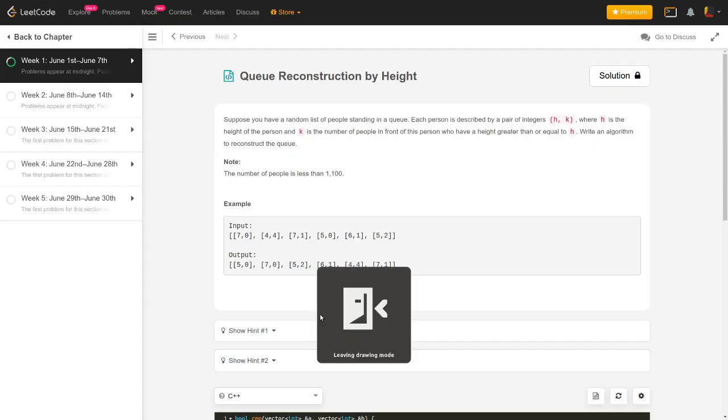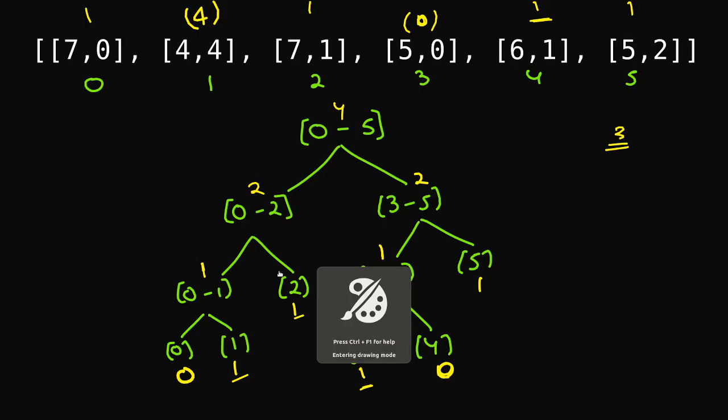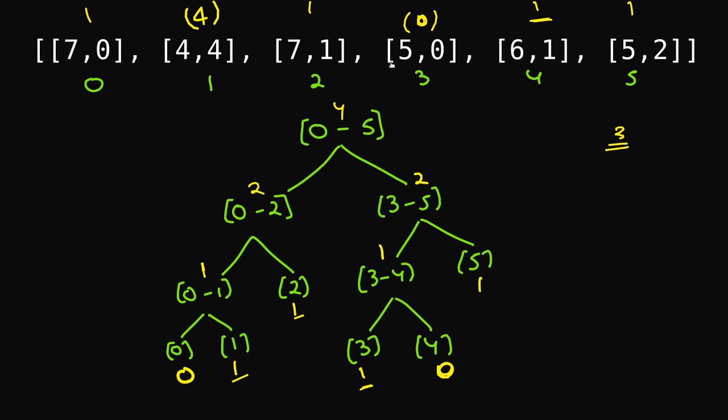But if you see the answer, this 5 comma 2 is not at the third index. This 5 comma 2 is in fact at the second index. And the reason why this happened is because we processed this 5 comma 0 first, and we made a 0 corresponding to this 5 comma 0 place. Okay, so this is where the tricky part comes. Of course you still sort all these input elements according to the value, but whenever there is a tie, you first process the element which is having the greater value of this k. This is what we'll be doing.